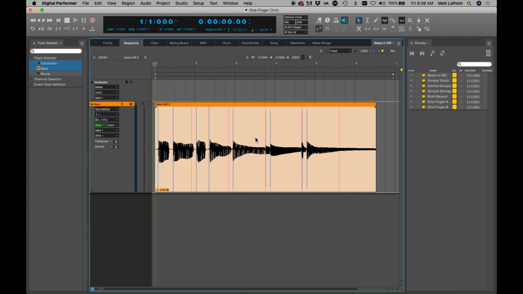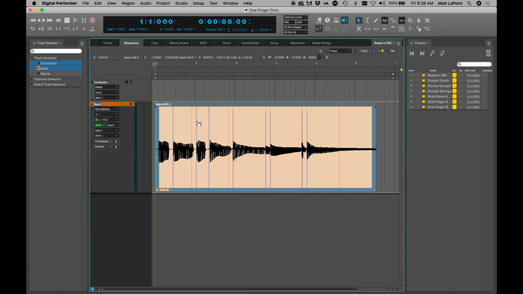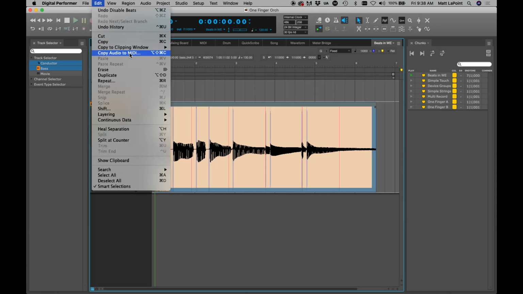It makes it difficult. I wish it was easier with bass sometimes. And maybe there's things that we could do on our end with the algorithm. But for now, go into the waveform editor, look at the beats, fix those beats, mute things you don't need. So now all I have to do, of course, is go up to edit, and we're going to copy audio